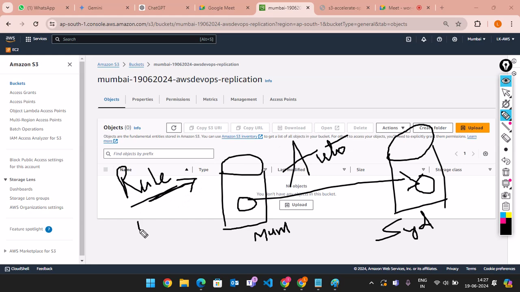First rule, you have to enable a replication rule in the source bucket. While giving the rule, the destination must be selected, Sydney or anything. Second rule, it is only Mumbai to Sydney, in the sense from here to here. This is only one way